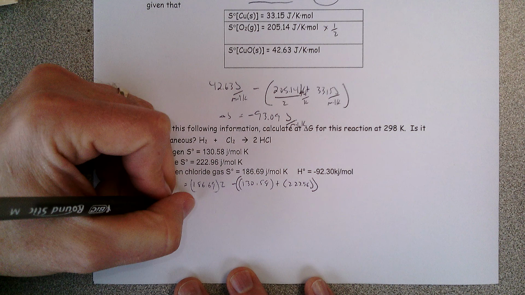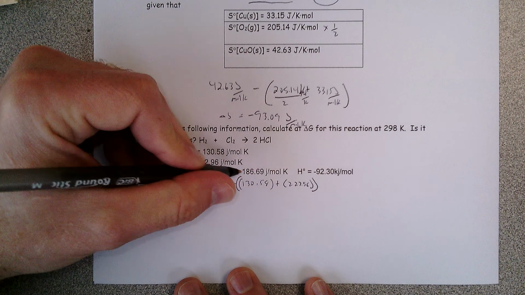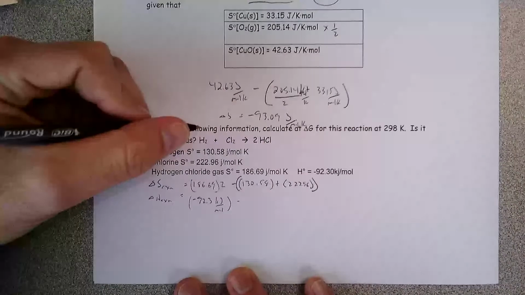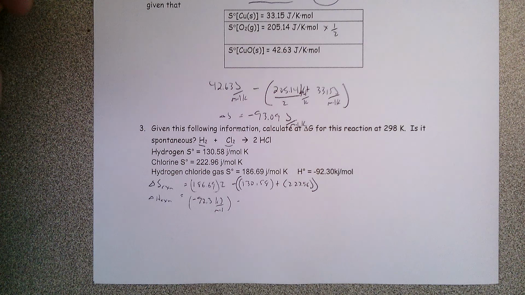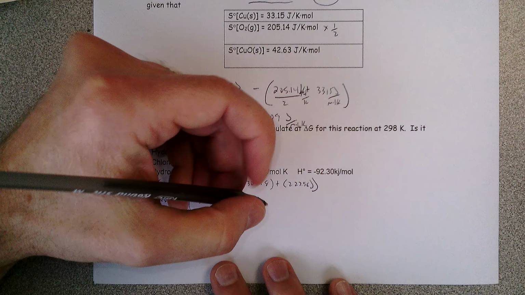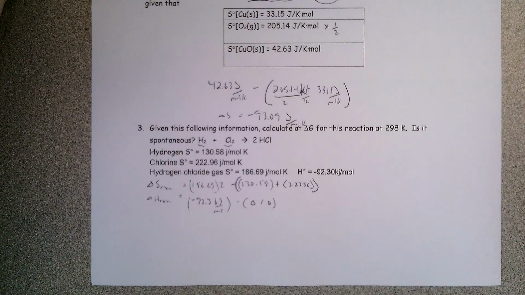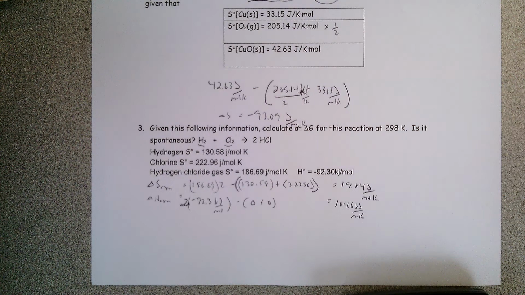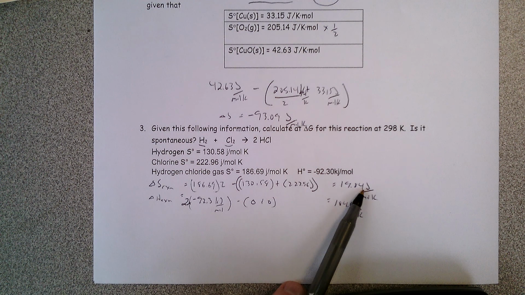Delta H products are negative 92.3. Notice this is a kilojoules and a joules thing again, per mole for the products, minus, they didn't give me any for the reactants. Oh no, I'm sunk. I'm not looking anything up or anything, right? Those are both elements. Enthalpies for elements are 0, right? So I can just ignore those guys. So just doing some calculations. When we do our calculations, we get a 19.84 joules per mole Kelvin.